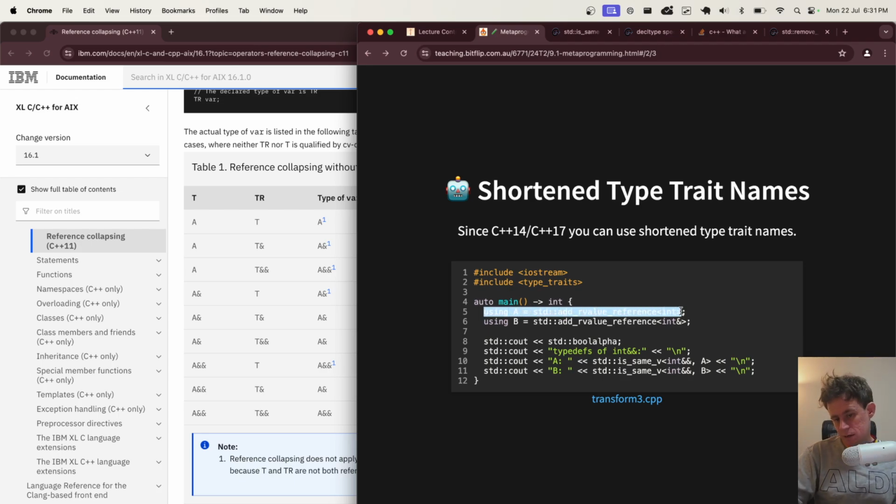So this is some nice type syntax where you can basically say, I'd like to create my new type called A. It's basically a typedef, which is equal to int with an rvalue reference added to it. And same with the is_same thing. You don't need to go and invoke ::value or call the operator. You can just use them as is. That was obviously a language feature introduced because they would be commonly used, so it's nice to use it a bit more conveniently as well.